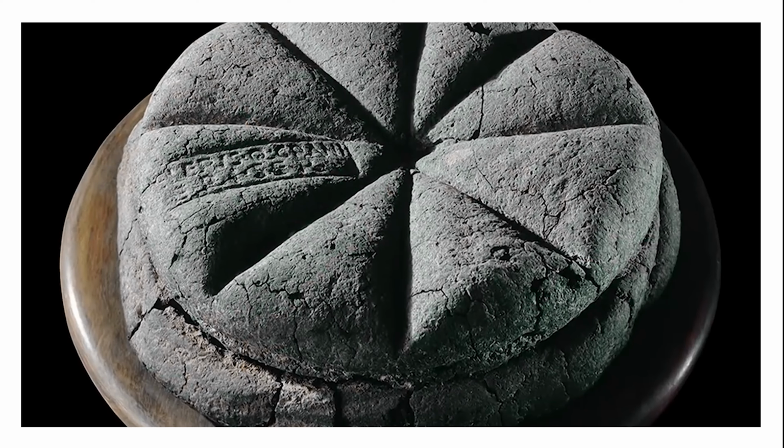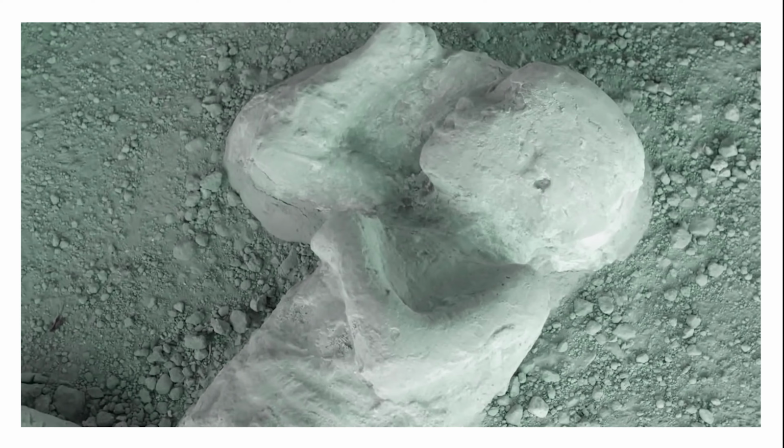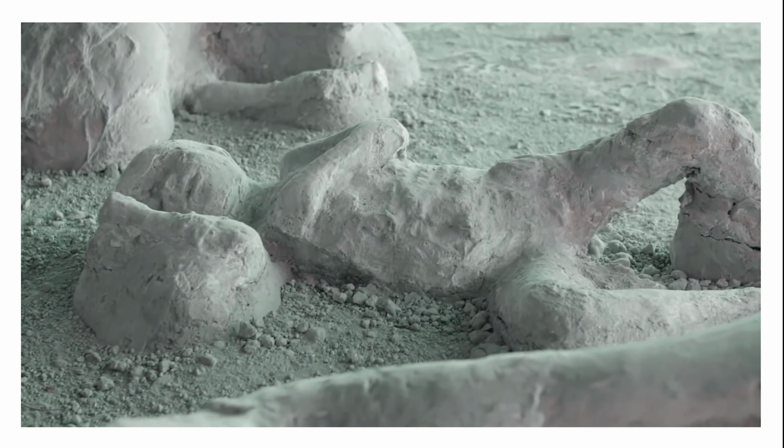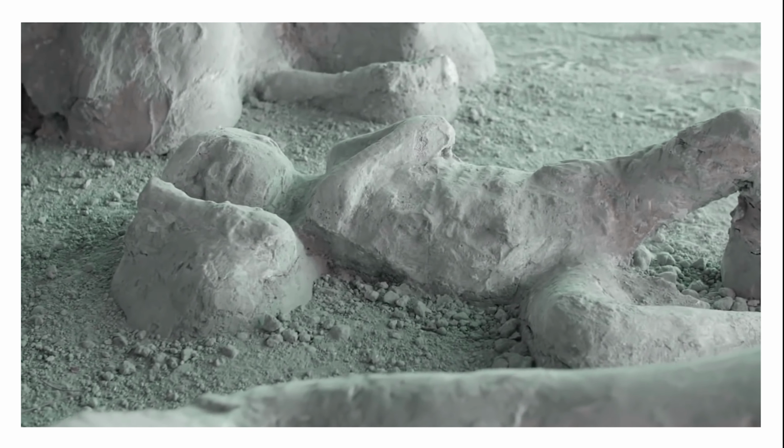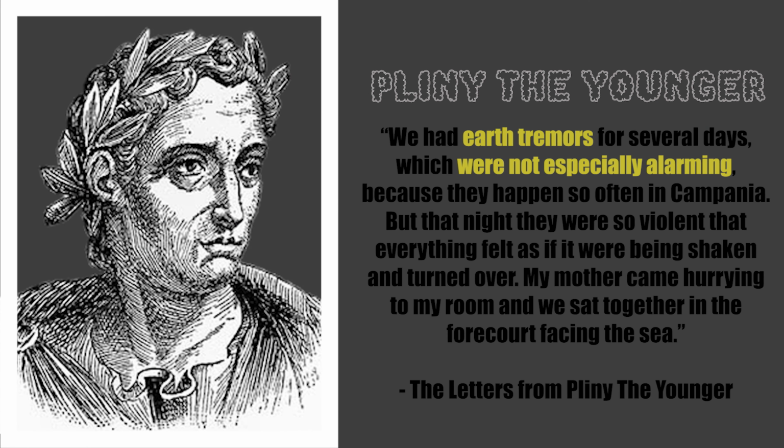Archaeologists were able to find uncooked loaves of bread, art in pristine condition, and even human-shaped voids within the ash. These voids have been filled with plaster to create detailed casts of the victims. Besides acting as a unique display of preservation, it's important that we use this tragedy to realize the importance of